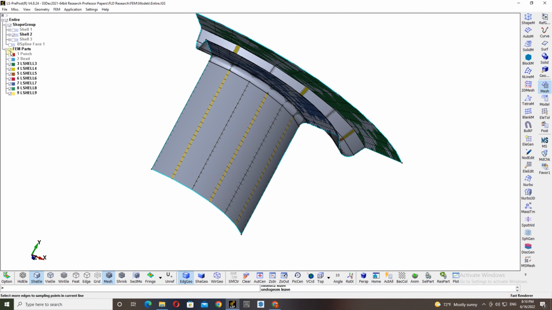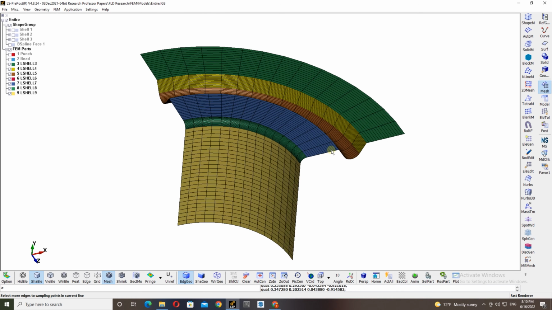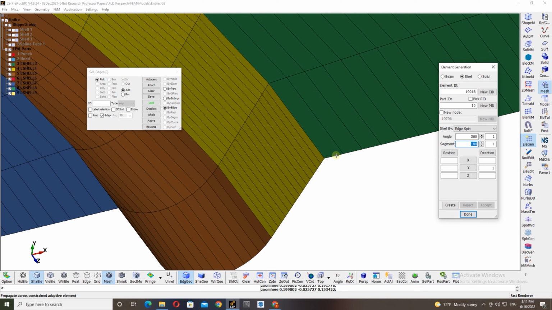So here we are also going to do a similar spinning step. We don't need to check for duplicate nodes, we will check at the final step. Click the element generation option again, and the options are already selected: we are going to rotate the geometry with respect to y, with 180 segments in the 360 rotation, and for that we have to select the edge first. As I said before, if you want to select more lines in this direction, click propagate and adapt element and set the angle to 30, and then click here, choose,